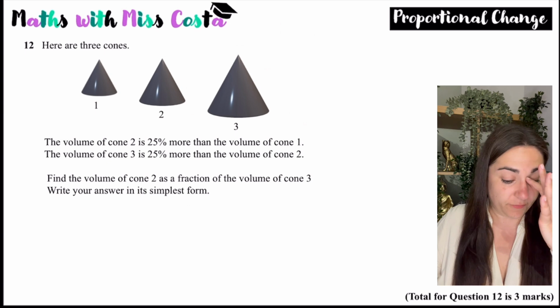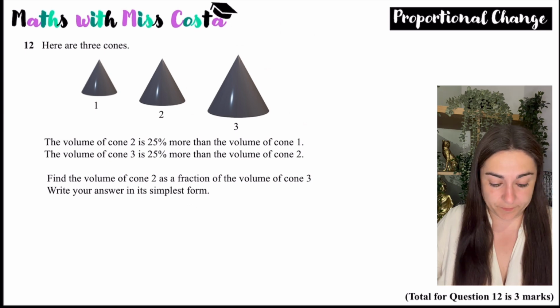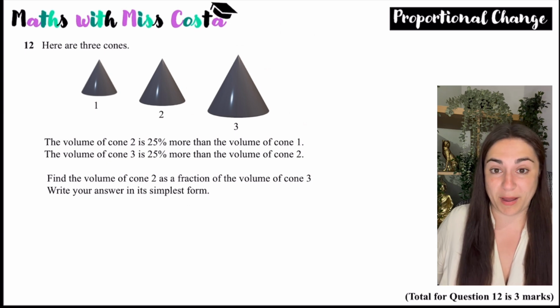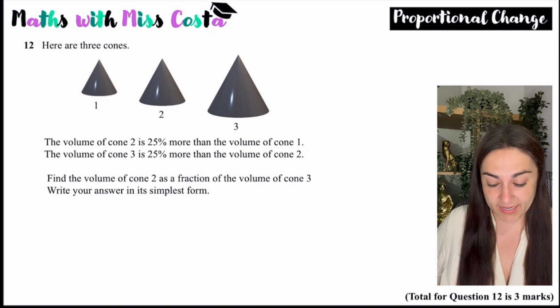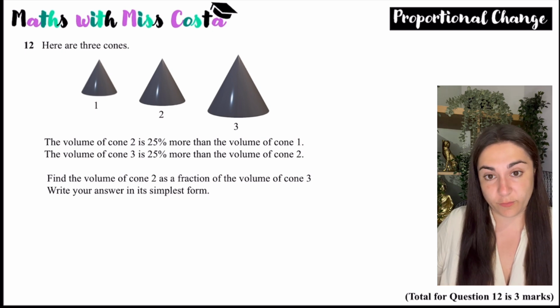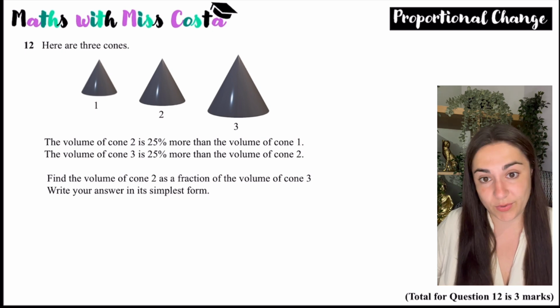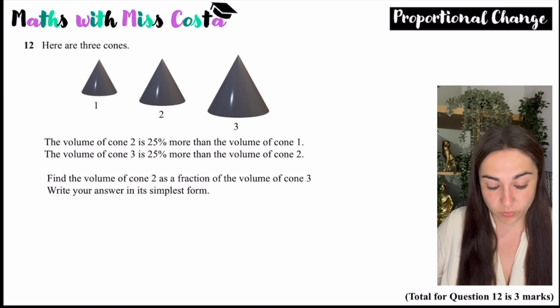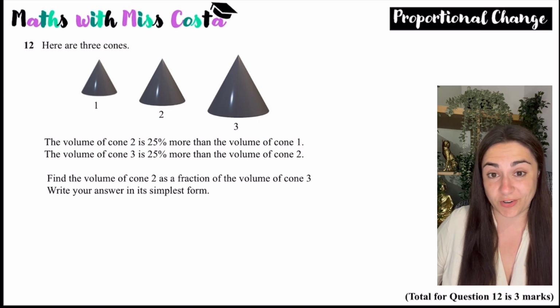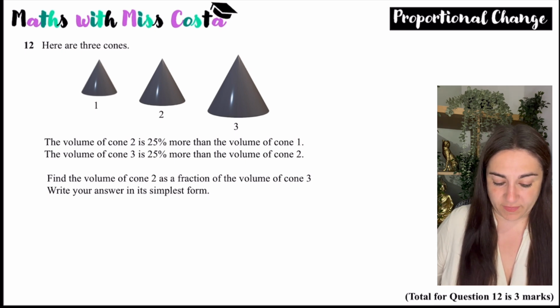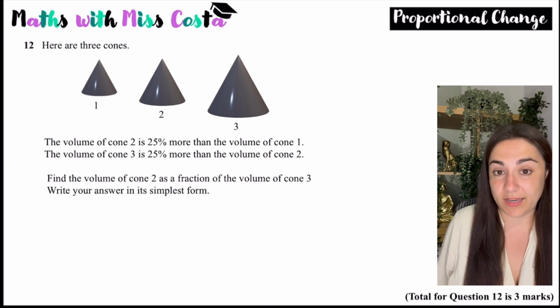Okay, so here I've got 3 cones, and we're talking about volume. We haven't been given the formula for volume of a cone, and I don't need to use the formula at all. I just need to consider how each cone is changing proportionally compared to the other. And whenever you've been given this, you have many options, but you could either use algebra,